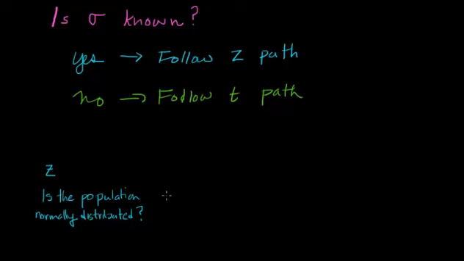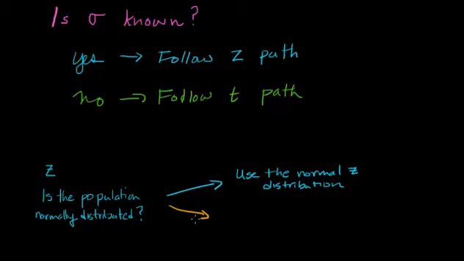If yes, then you use the normal z distribution. If no, and let me go back and write our decision here. Yes, then we go this way. Okay. If no,